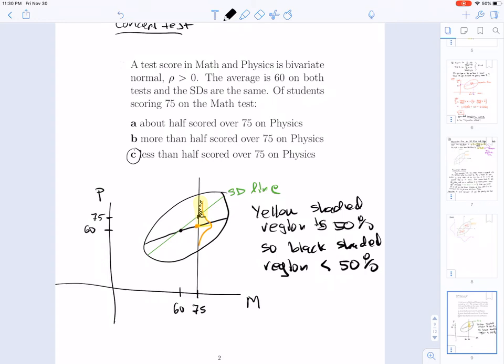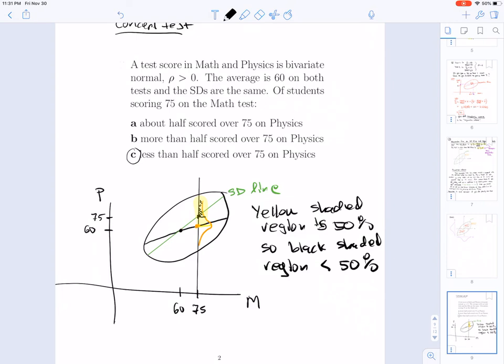Of students scoring 75 on the math test, what turns out to be true is that less than half scored over 75 on physics. So to see that, draw your bivariate normal. The SD line and the regression line cross through the point of averages, 60-60. But for getting 75 on math,